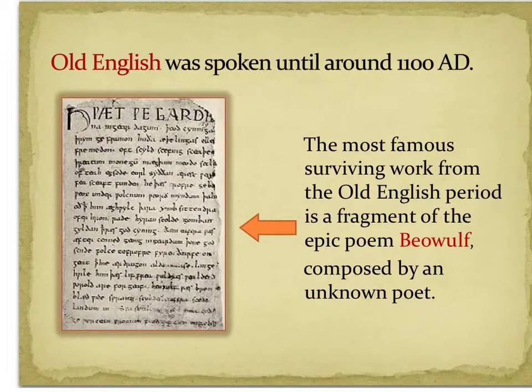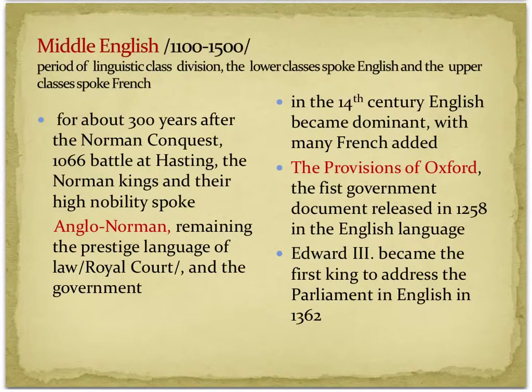Middle English, 1100 to 1500. Middle English was a period of linguistic class division. The lower classes spoke English and the upper classes spoke French. For about 300 years after the Norman conquest,